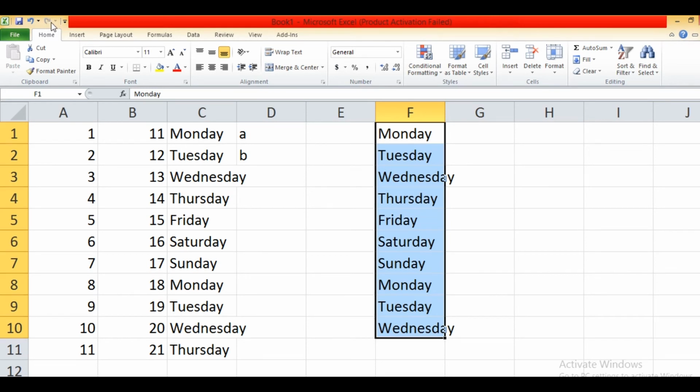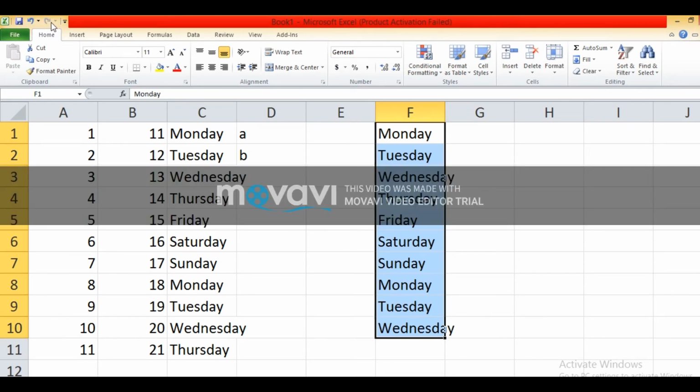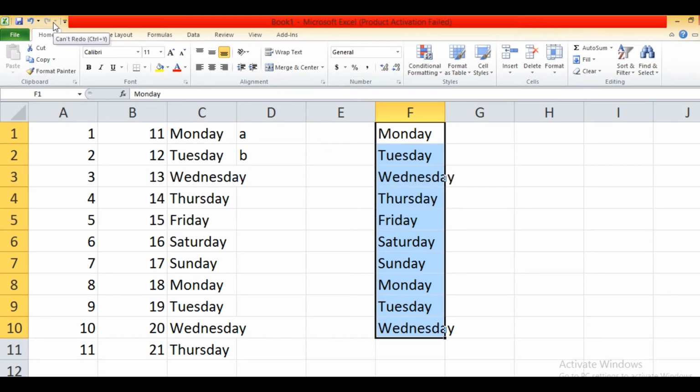Undo is used to reverse the last action, and the redo command repeats the action cancelled by the undo command.